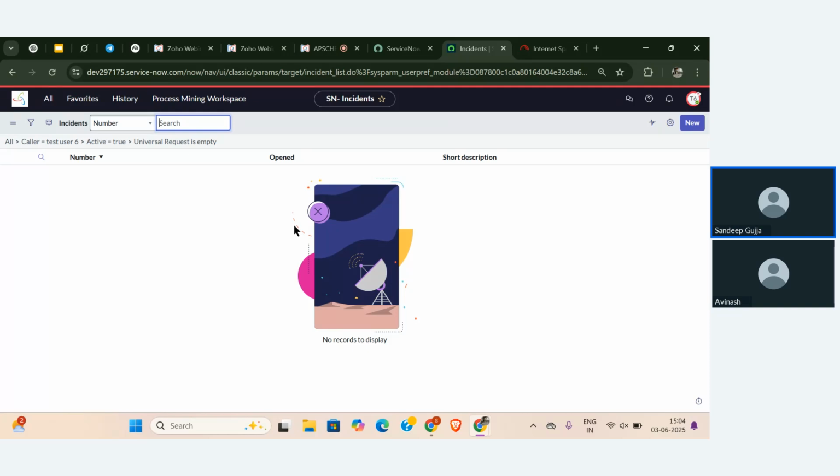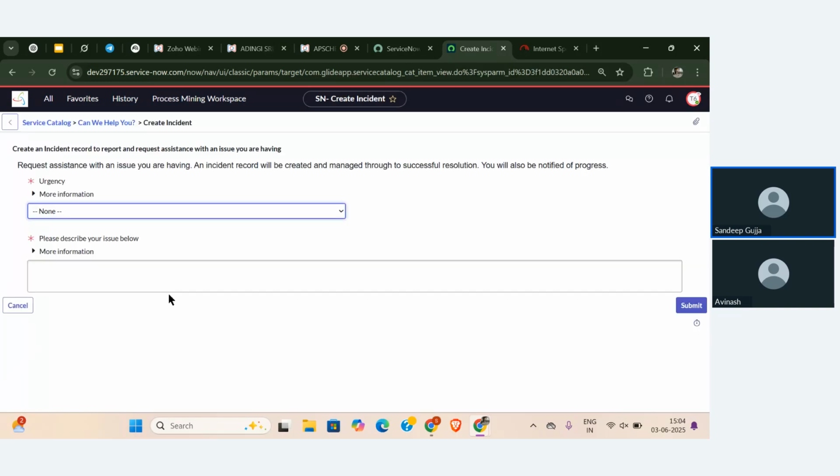So now as an end user, customer care, test user 6 is going to create the ticket. Here it is asking me to define the urgency, so I am setting that as 1 - High. Now I'm also defining what the issue is. Okay, so my issue is Wi-Fi is not working,